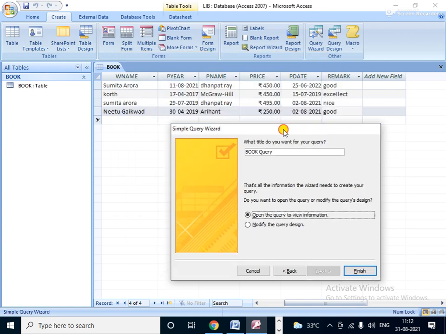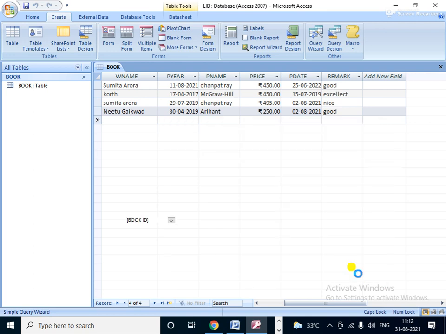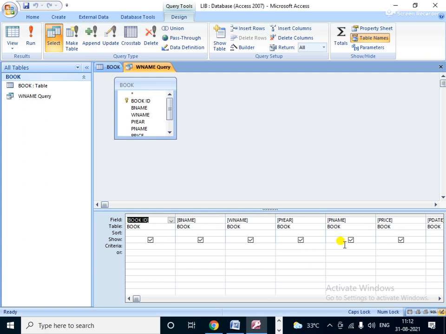Okay, related to the query, suppose here we display the writer's name. This is the query only for writers. And to modify, if you need to modify like this, then after that, the finish option is here. Complete.